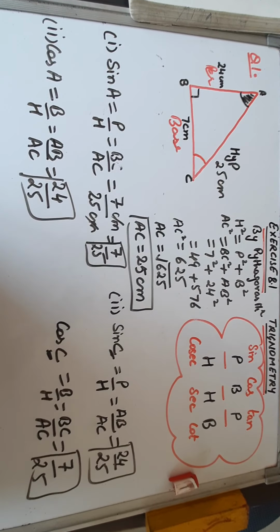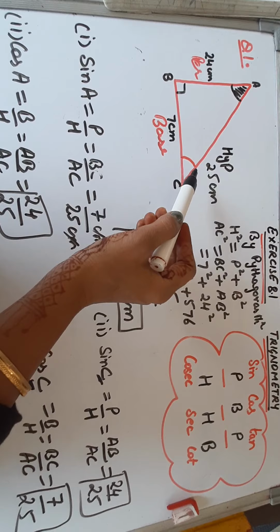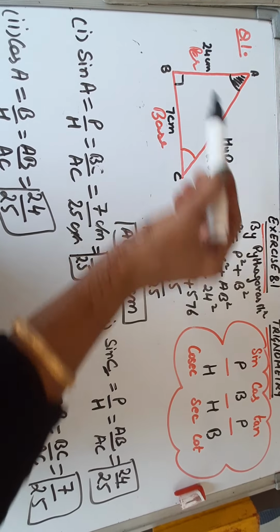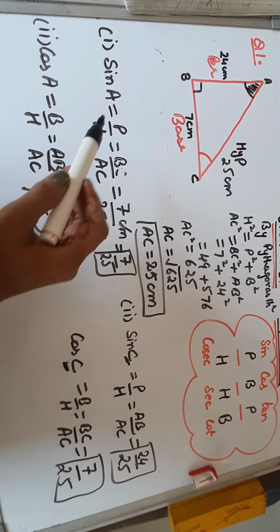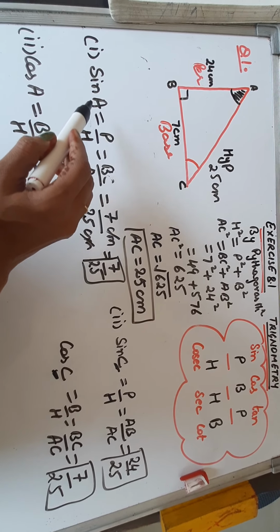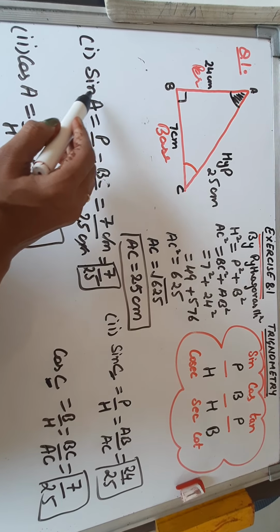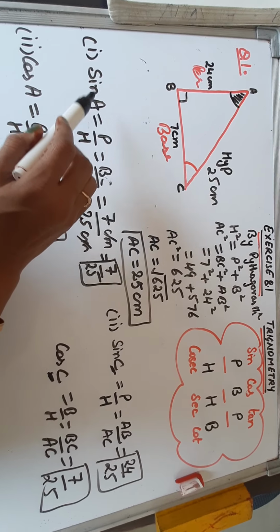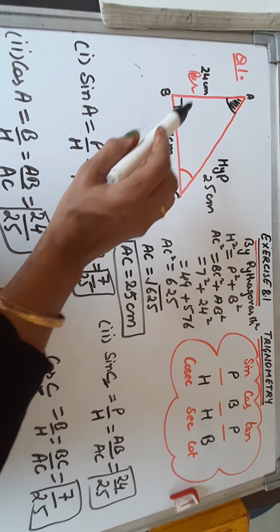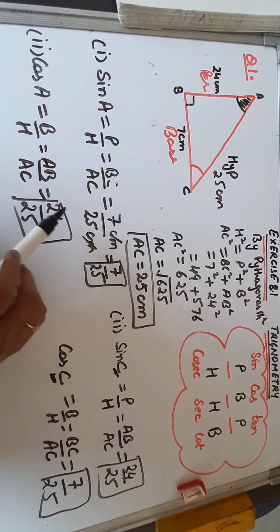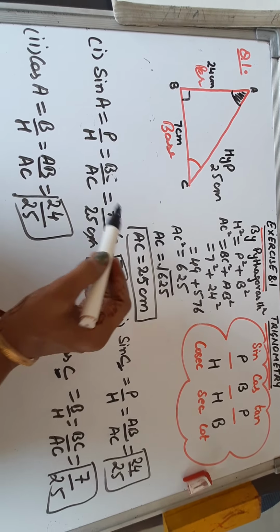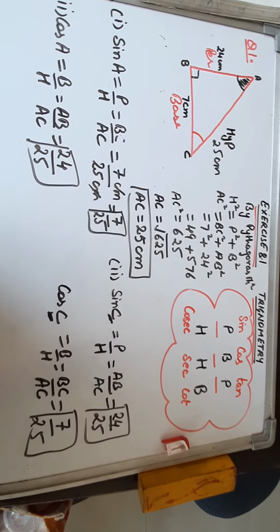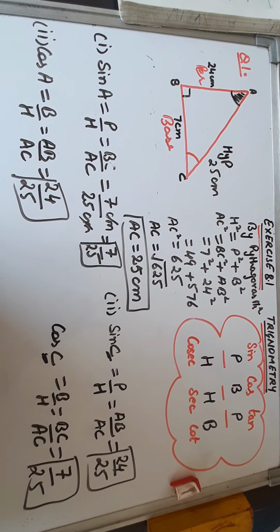Let us recall. Very first of all, to get all the three sides, we will use the Pythagoras theorem in the first step. In the second step, we'll write the trigonometric ratio and we will focus on the angle. According to the given angle, we will select perpendicular and base. Then put the formula. Third step, put the values. So similarly, let's do question number 2.